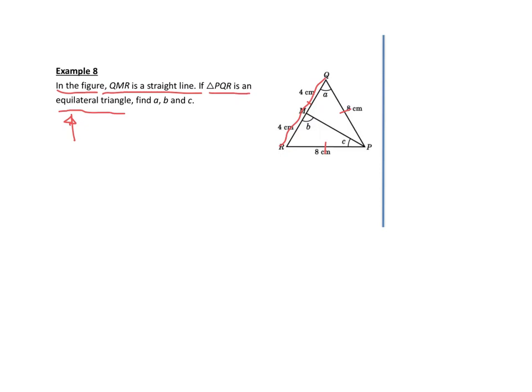And actually, the equilateral triangle is also a type of isosceles triangle. Now, we need to find the value of A, B, and C. So actually, as this one is an isosceles triangle, we can see that the line MP has separated the line QR into two equal sides, so PM is a bisector of this triangle, so that by the properties of isosceles triangle,